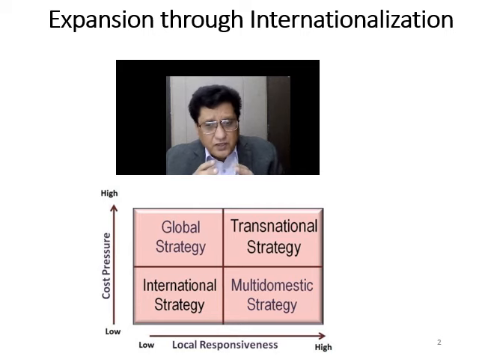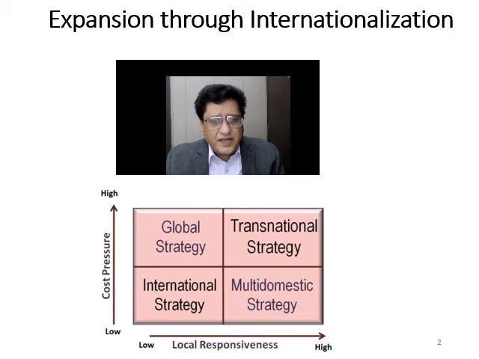Now there are four main strategies in internationalization that a company has to choose from. These are international strategy, multi-domestic strategy, global strategy, and transnational strategy. I will explain all these four strategies one by one. But the key difference between these four sub-strategies is that